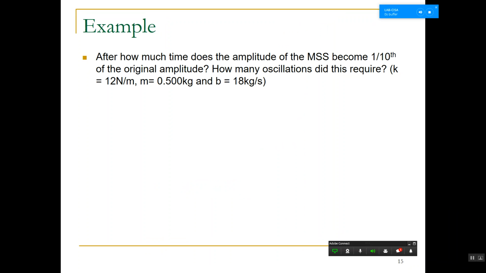All right, so I just really quickly now in the last 10 seconds came up with a question. I hope it works. Please don't get upset if it doesn't. It doesn't really matter. The point is that we understand how to apply this concept, all right? The question is, after how much time,